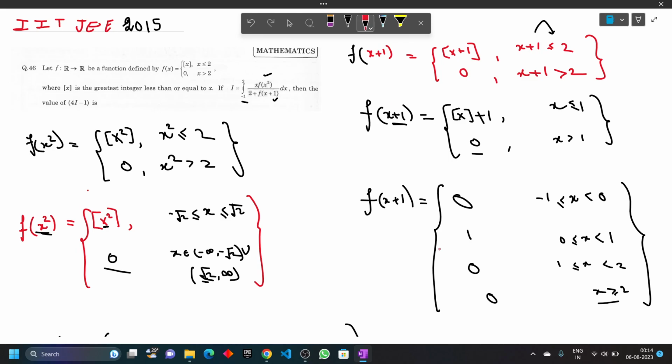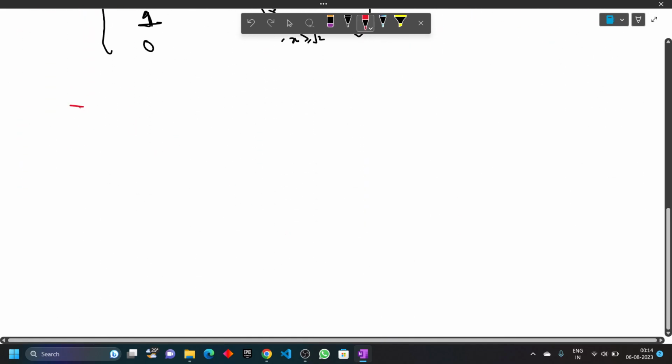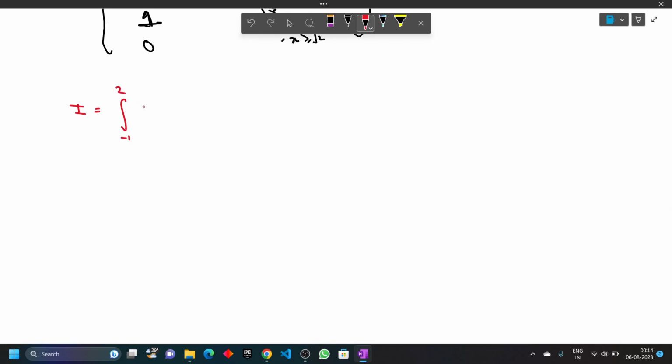Now let's just evaluate this integral. So the integral which we have to evaluate is I is equal to integral of minus 1 to 2 x into f of x squared upon 2 plus f of x plus 1 dx. Now I'm going to break this integral in pieces to simplify this further. So it would be from minus 1 to 0, then it would be from 0 to 1, and then it would be from 1 to